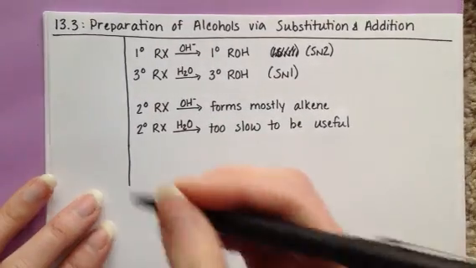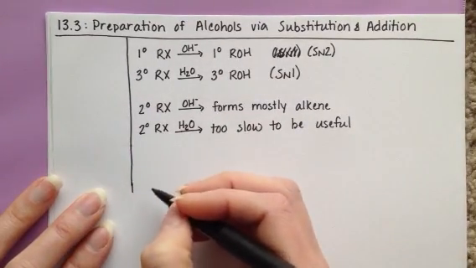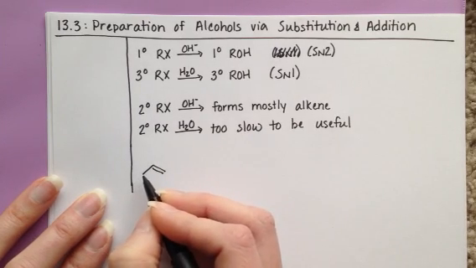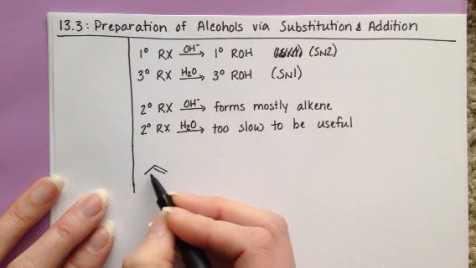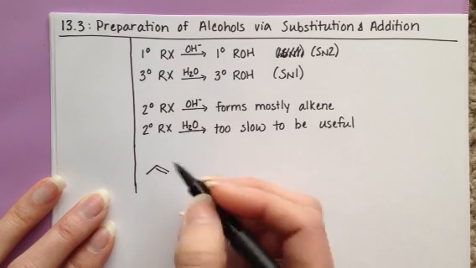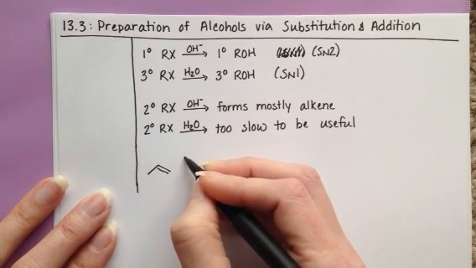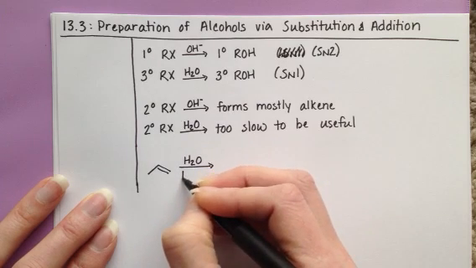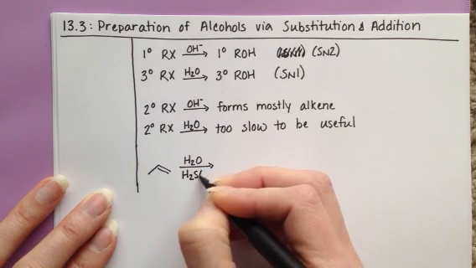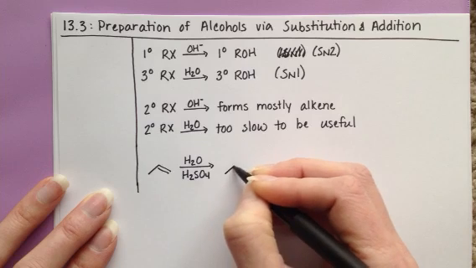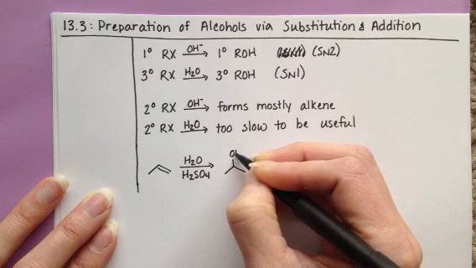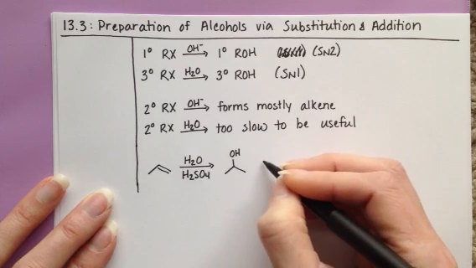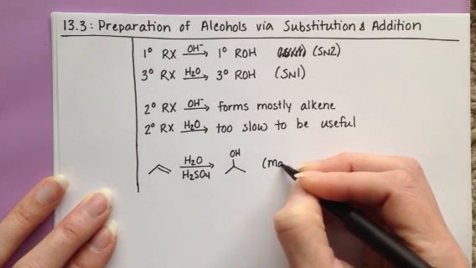You also learned last quarter some addition reactions that produce alcohols. We're going to draw these reactions with really simple alkenes, but it doesn't have to be propene. It's going to work with any alkene. The first reaction that we learned that produced an alcohol was the acid-catalyzed addition of water to the alkene. In this reaction, we take water and sulfuric acid, and we add across the double bond an OH group and a hydrogen, which I'm not drawing in. This reaction follows Markovnikov's rule,